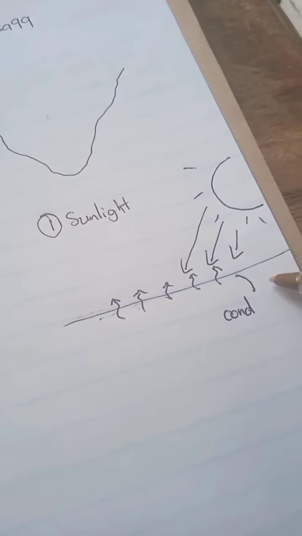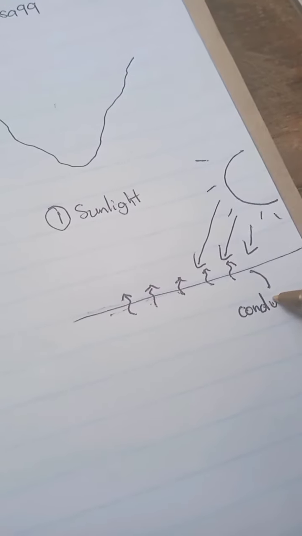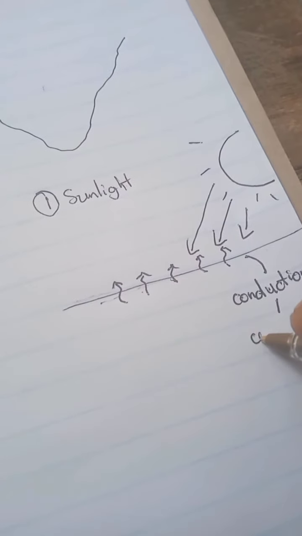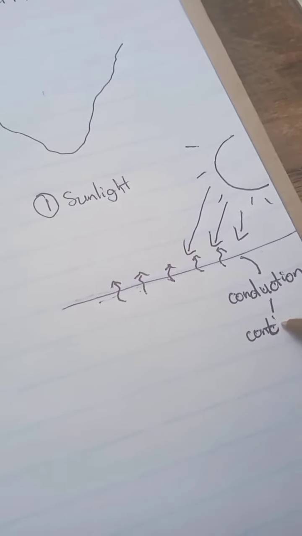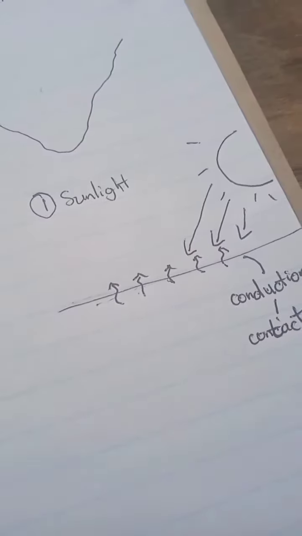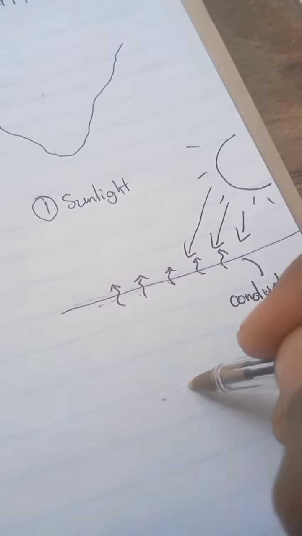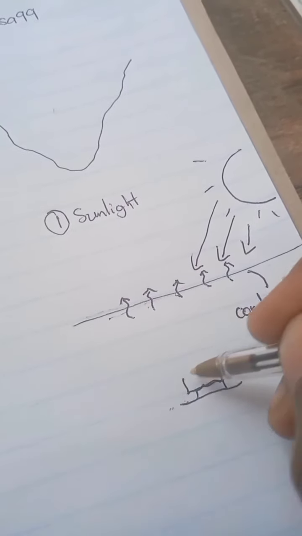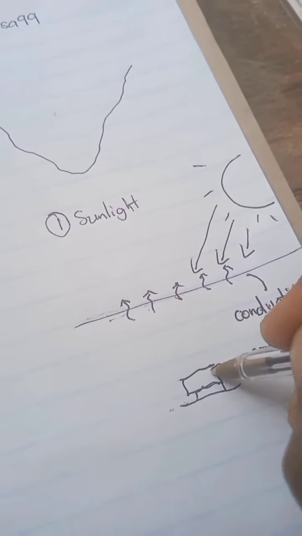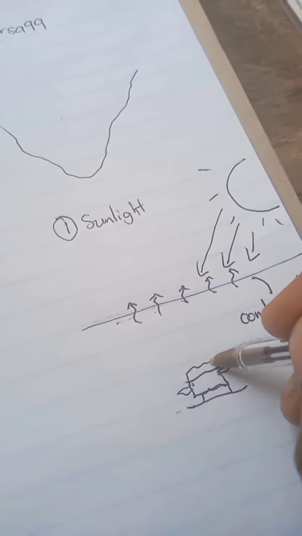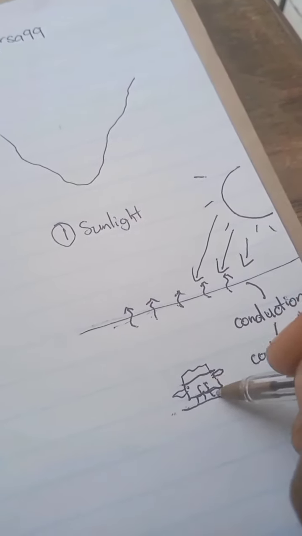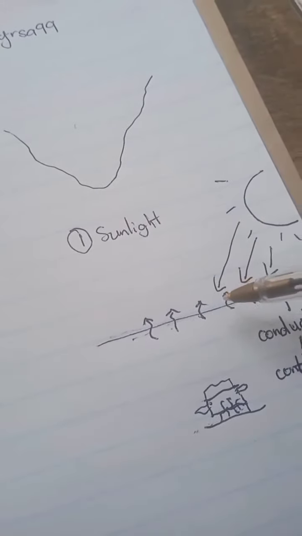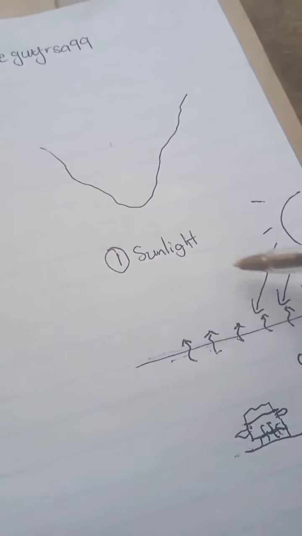This is a type of heat transfer that we call conduction, and it usually requires contact. Sort of like when you are cooking. Your stove is in contact with your pot, and so the stove gets heated up and then heats the pot up as well, and so that heat is transferred through conduction. So this is what is happening here as well. The surface gets heated up and it transfers this heat to the air.